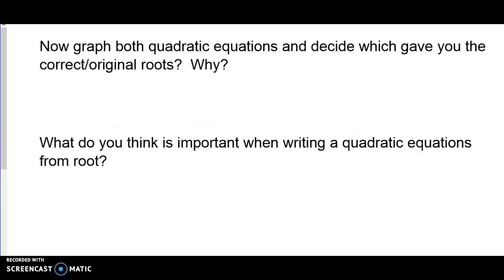So the last part of this question is, what do you think is important when writing quadratic equations from roots? And I think that what we want students to get to is the point where they understand that when we're writing from roots, it has to be x minus the root versus x plus the root. And I think that will really help our students in